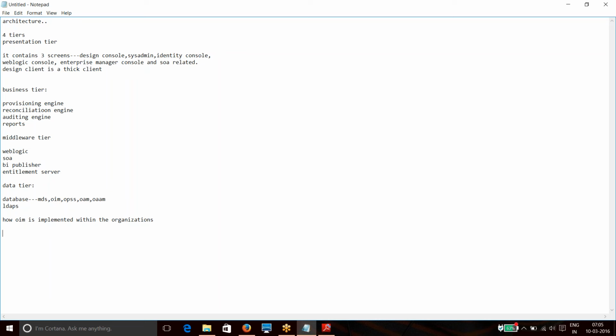To do all those things, OIM has to be implemented on different nodes, and it should be available at all times, because if one node goes down, people will be able to access through another node. So basically, it would be a two-node or three-node architecture, depending on the organization's strength, how many people are going to access it.